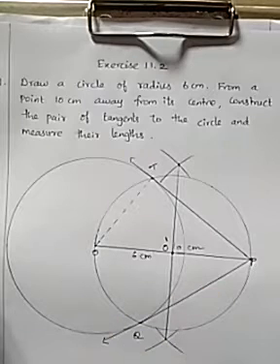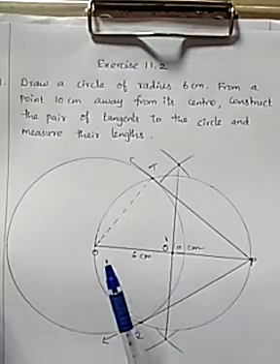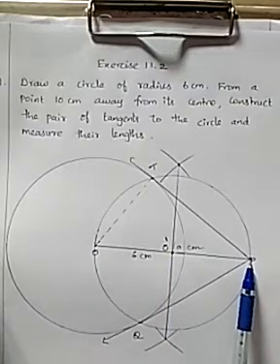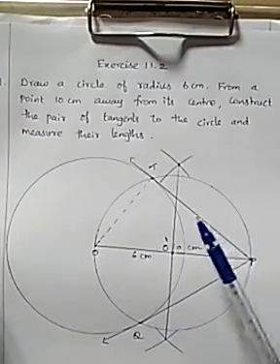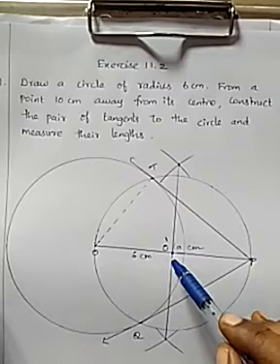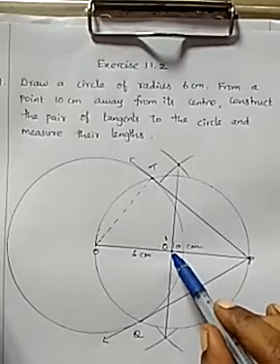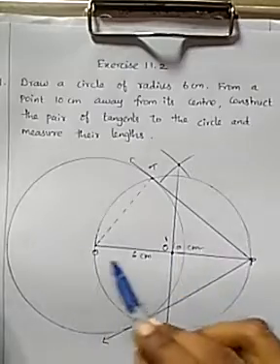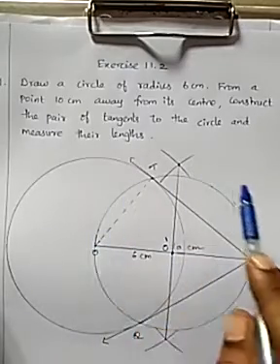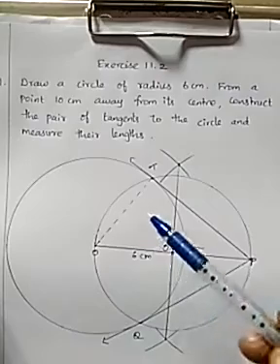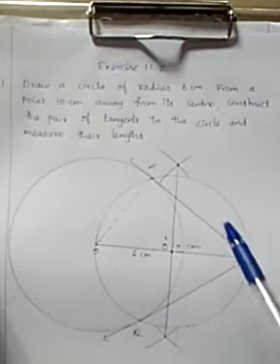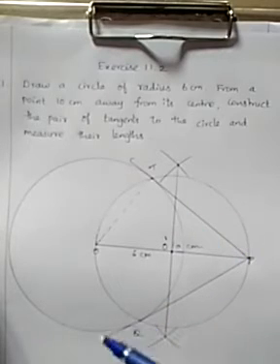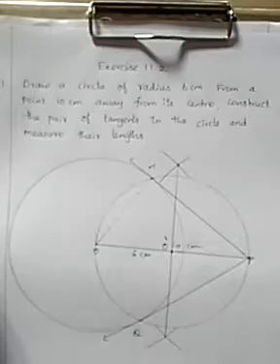The original given circle is 6 centimeter radius. Now you have a point 10 centimeter away from the center. Then draw a perpendicular bisector. You get the new center O dash. With O dash as the center and O dash O as the radius, you can form a new circle. The new circle intersects the previous circle at the 2 points T and Q. Now connect PT and PQ. These are the tangents of the circle.